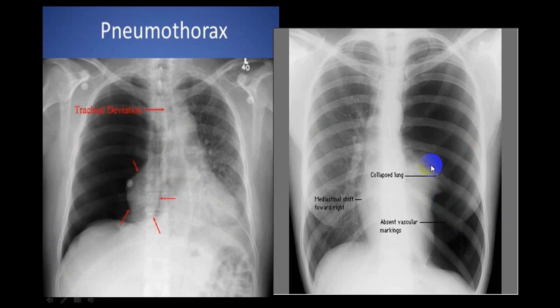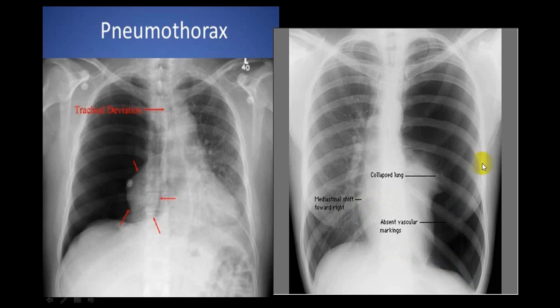Now you can see on this side, look at this and look at this, radiolucency. This is a collapsed lung. And in that collapsed lung, you can see there is no vascular marking at all. This is what we call pulmonary oligemia. Here, no vascular marking. You can see here, vascular markings are seen. And because of this, there's a little shift of trachea to the opposite side. The mediastinum is not much shifted. Slight shift towards the right side, not major.